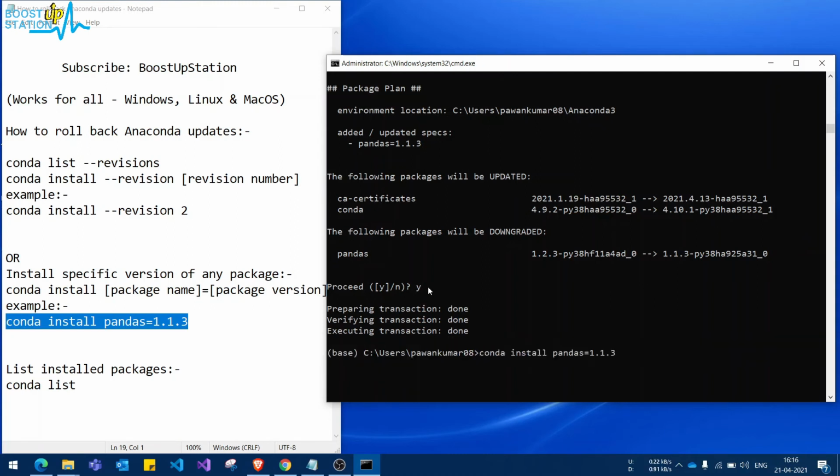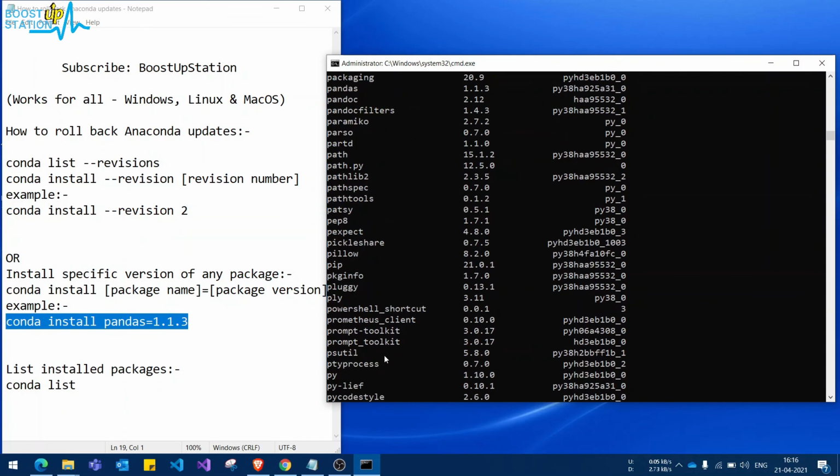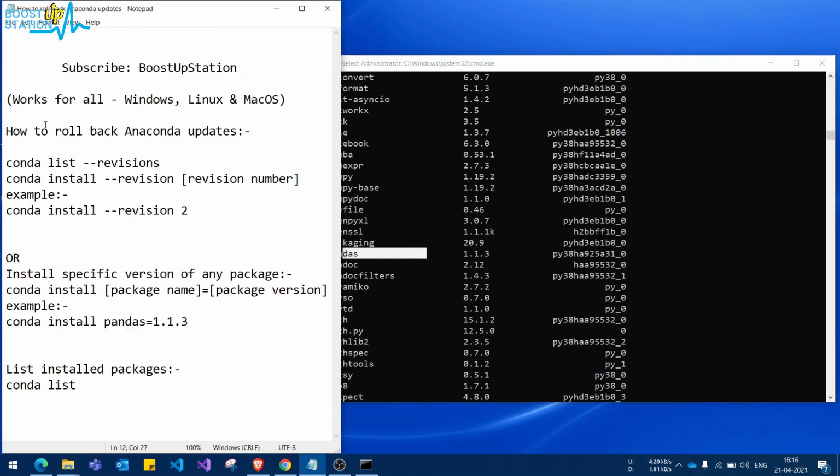So let us again execute the command conda list to check whether we have pandas version 1.1.3 or not. Got stuck. Press enter. Now I am going to look for pandas, and you see it is right here, 1.1.3. So we have successfully reverted back a single package and rolled back to a previous Anaconda update.